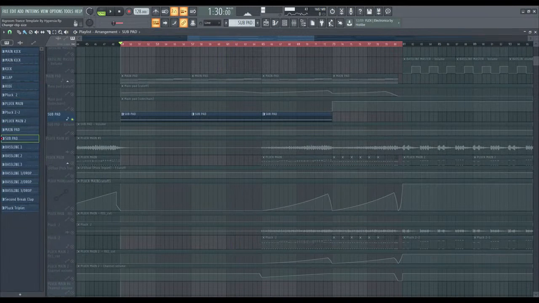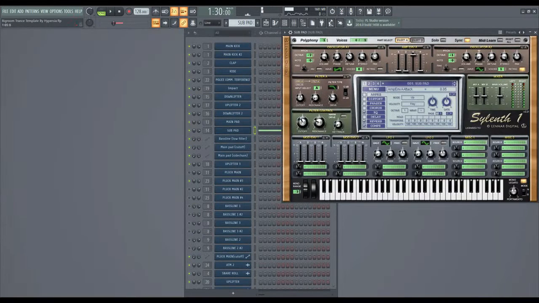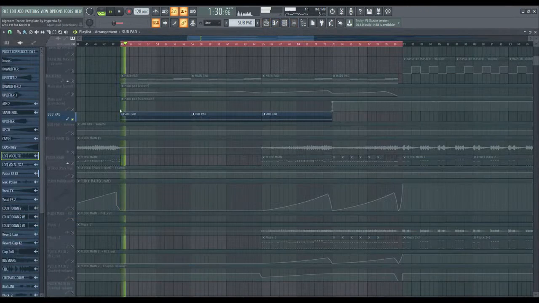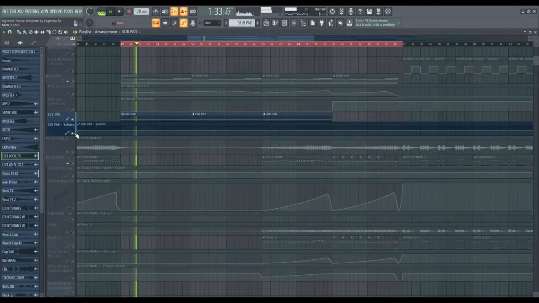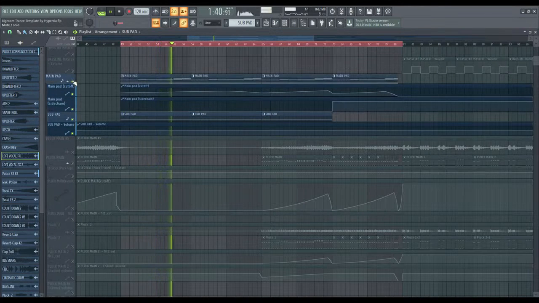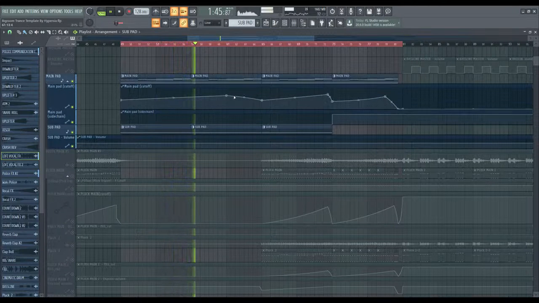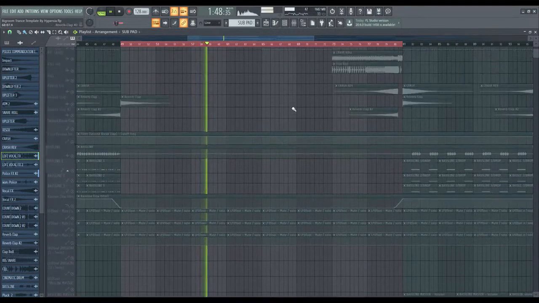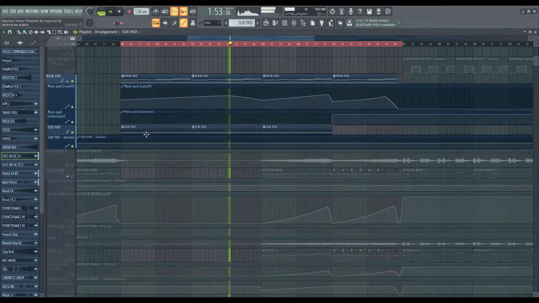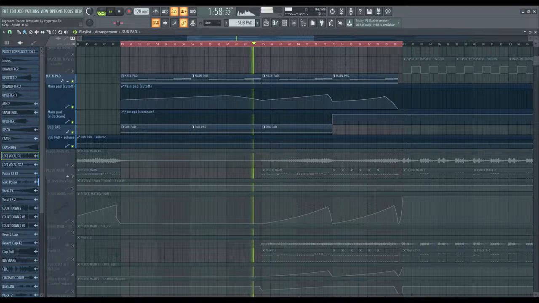The saw pad comes from Sylenth1, simple sine sound, volume control automation, and the pad with the automation control, the cutoff. Yeah, that's all the things I use in the breakdown. Then the other sounds, like this main plug sound,